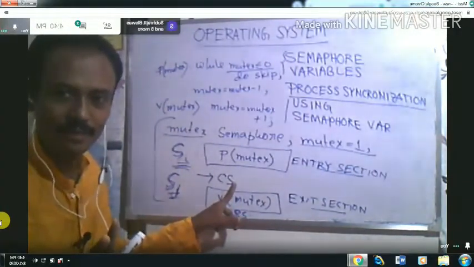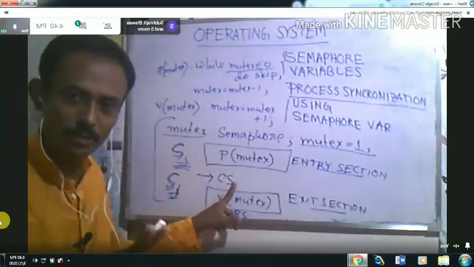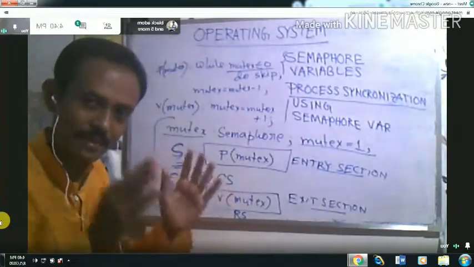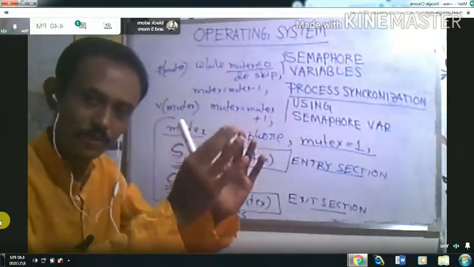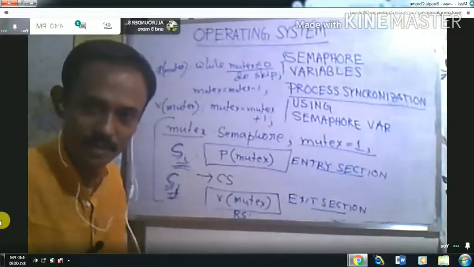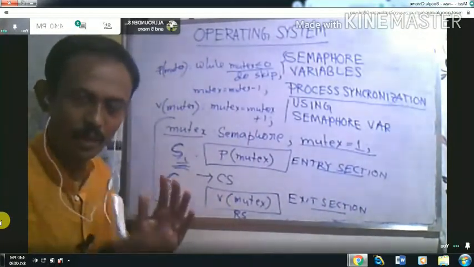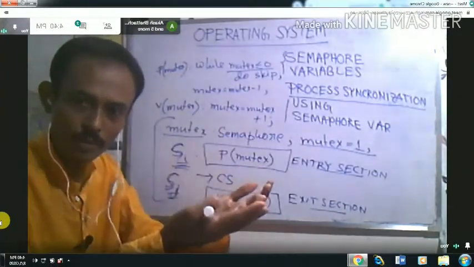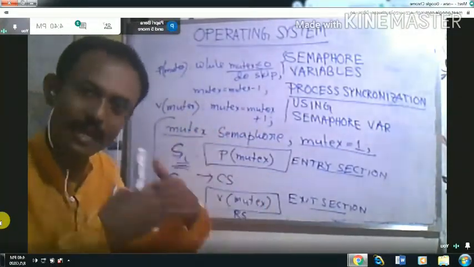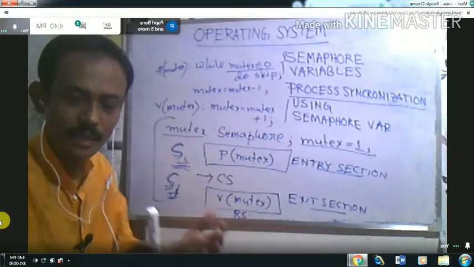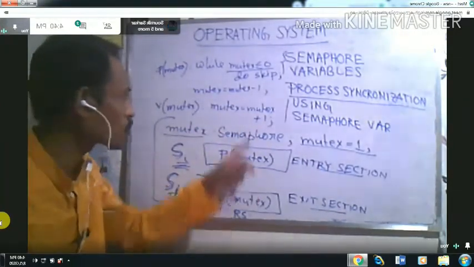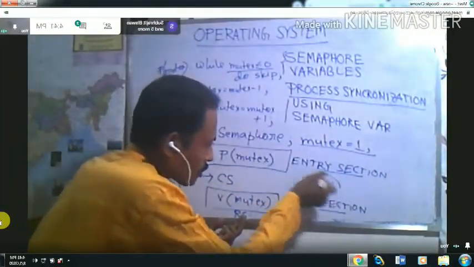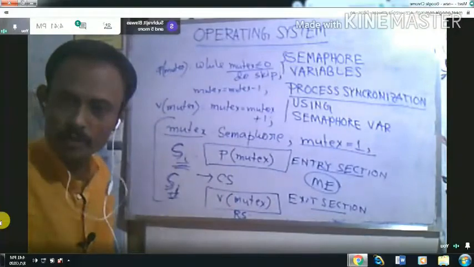So this way you can restrict the processes that want to access the critical section simultaneously. This is the condition for the mutual exclusion. So what is the mutual exclusion condition?